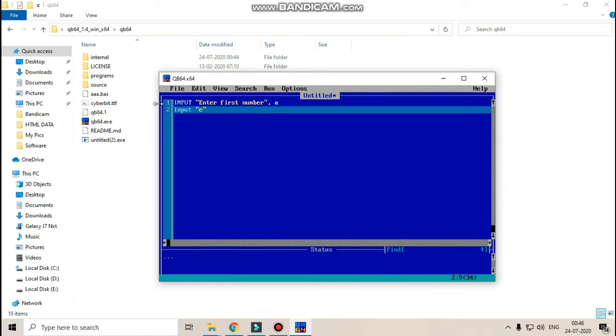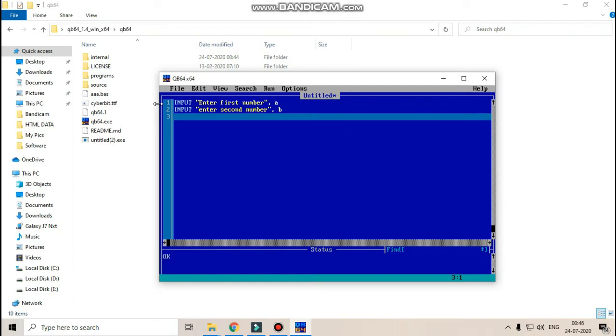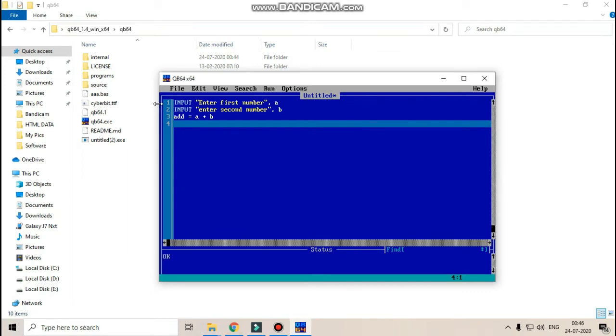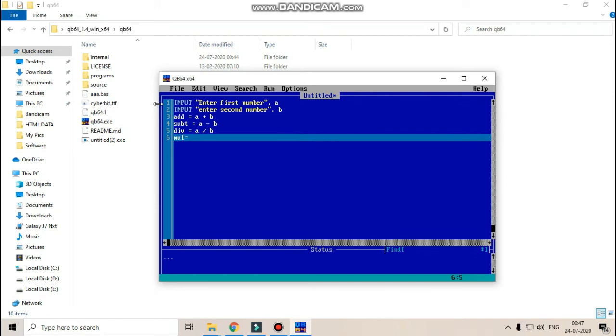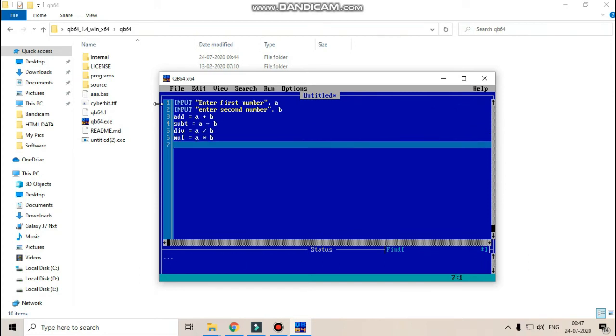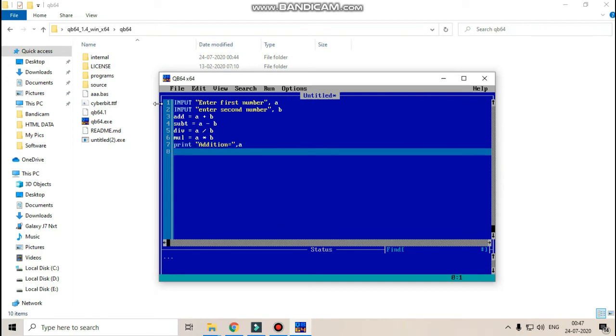Just input, double quote, inside double quote write the message: enter, two, enter, first number, and comma, A. Again input, enter, second number, comma, B. All commands automatically get converted to capital letters.